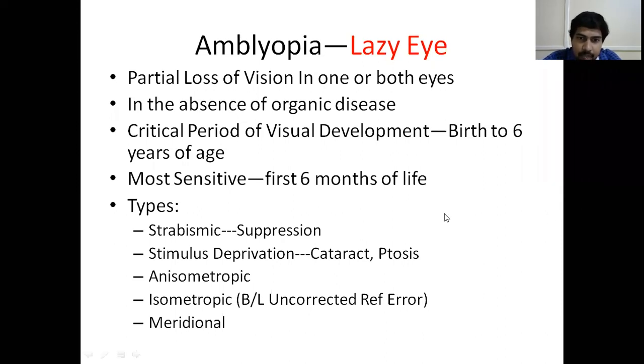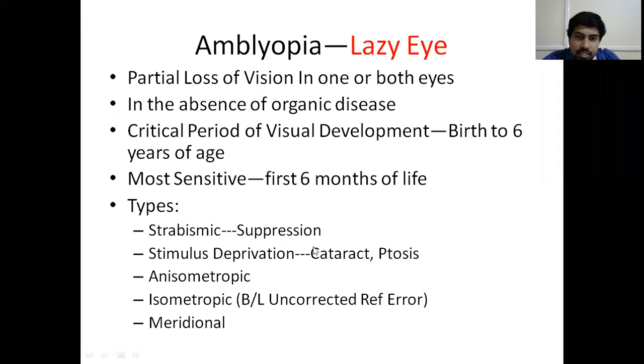Suppose the baby is born with a cataract and you examine the baby immediately after delivery and see that the baby has a cataract. Try to operate on this eye as quickly as possible. The best results are obtained if you operate within 6 weeks after the baby is born. If you do not operate before the age of 6 months, then even if you operate for the cataract after 6 months and implant an IOL also, there will be some amblyopia. The eye will not regain its full vision because this is the time when the eye is maturing.